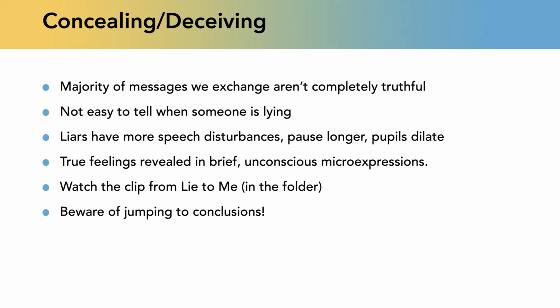There are people who maintain that they can tell when people are lying or telling the truth. My sister says she can, because liars generally have more speech disturbances, they pause longer, their pupils are dilated, they do tiny things called micro expressions, which are very small and last a very short time, but that indicate